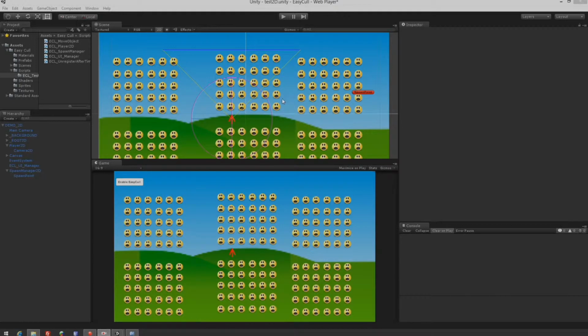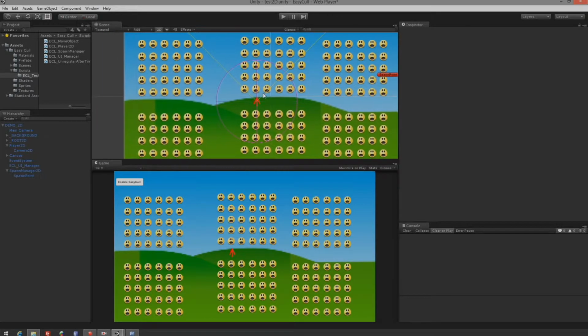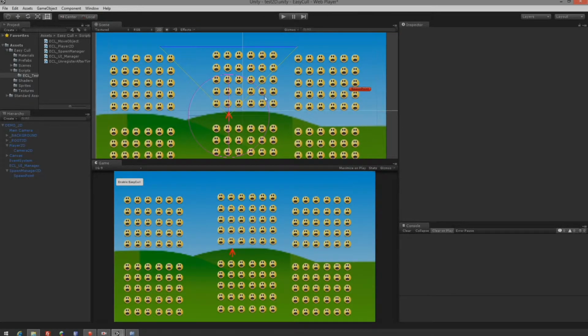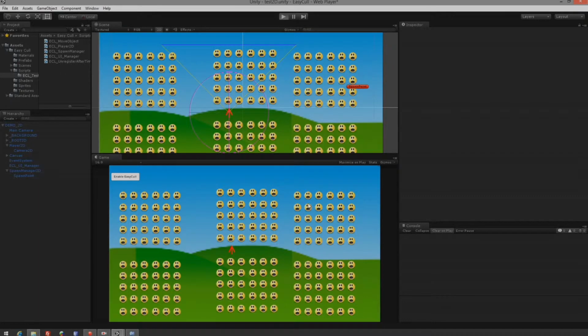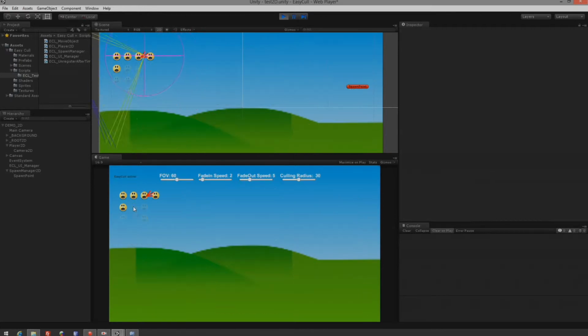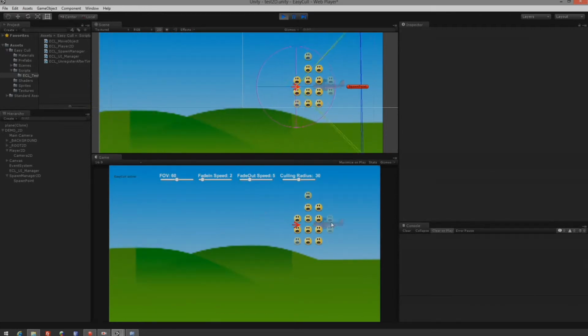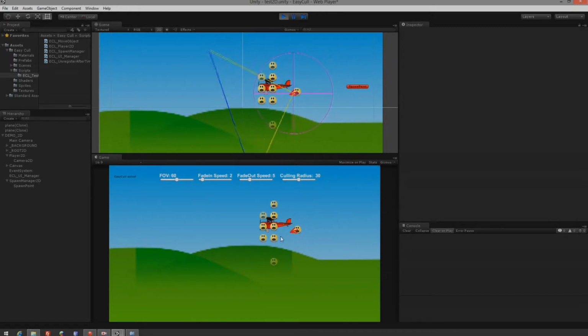In this video I'll show you how to instantiate objects and to make them work in Cull. To show you how it works, I'll just hit play. Then I'll enable Cull. And what we can see here is a red plane. This red plane is an instantiated object on a runtime,